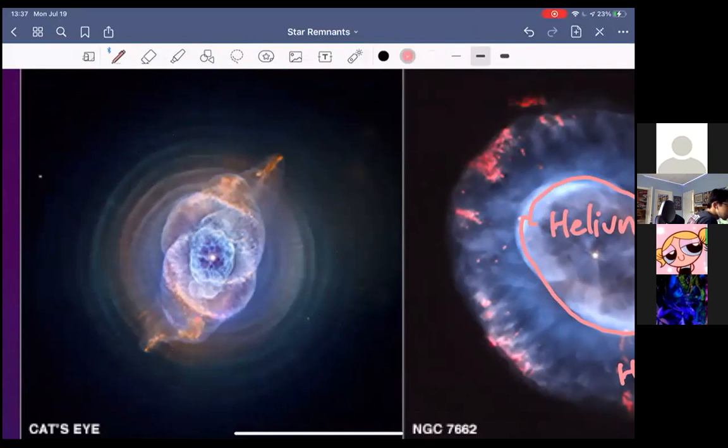And all those layers come from the different shells inside the star. You have your hydrogen burning shell, helium burning shell, carbon burning shell, neon burning shell, etc. And so that's what all these shells are coming from. You can also tell that this star was a lot more chaotic and a lot more violent than the other